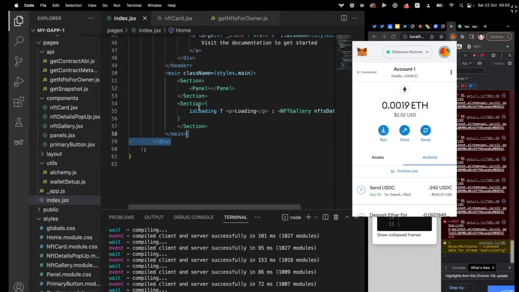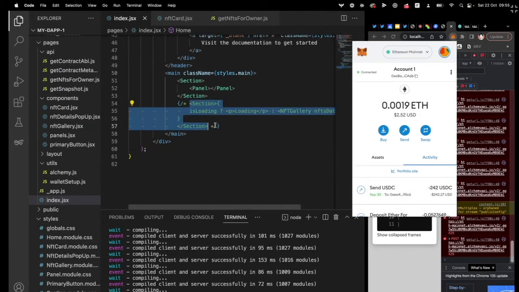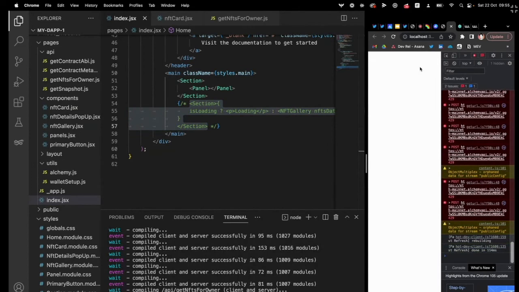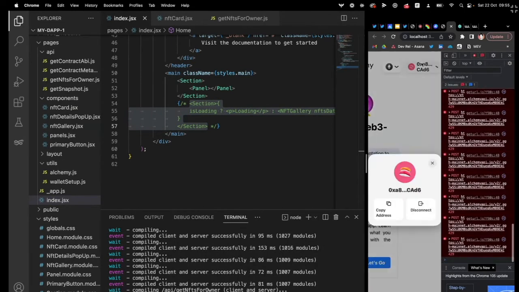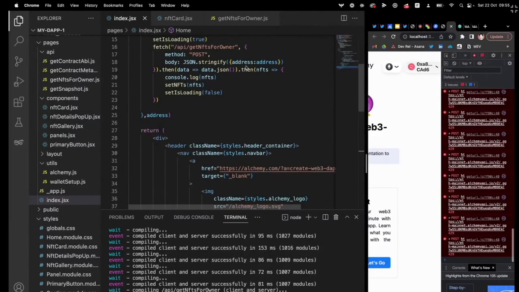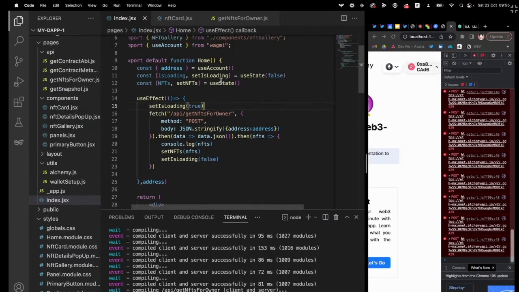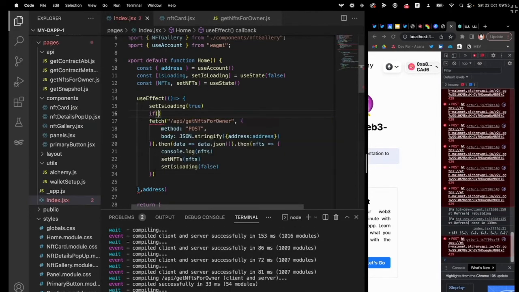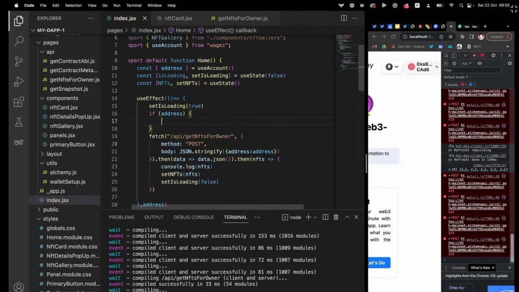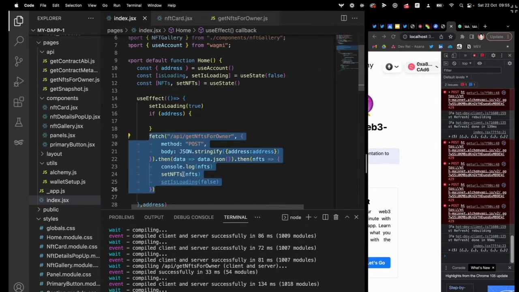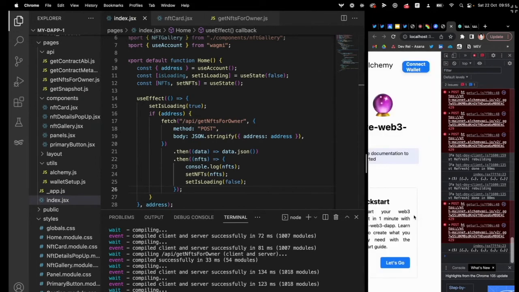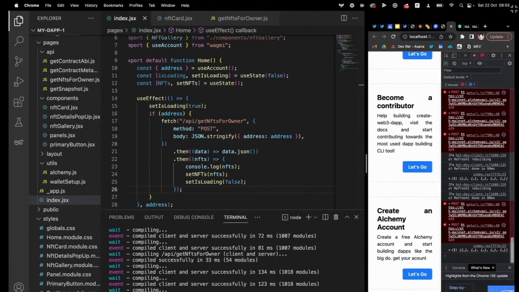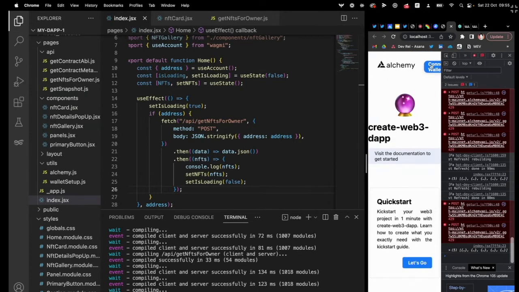Let me comment a second. Let's do this thing now. Let's implement the type check a second because otherwise it will never work. So here, what we need to do is if address is there, well, probably want to fetch, otherwise probably not, because otherwise, of course, we got an error. It's trying to fetch without an address. So now, if I disconnect, I shouldn't get any error. And what we're getting here is nothing. As soon as we will connect using MetaMask,